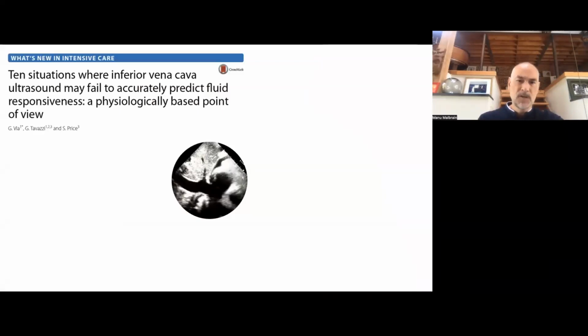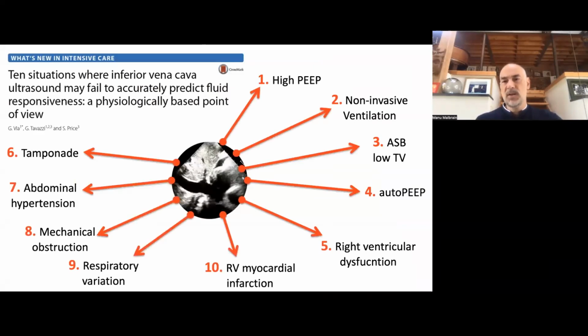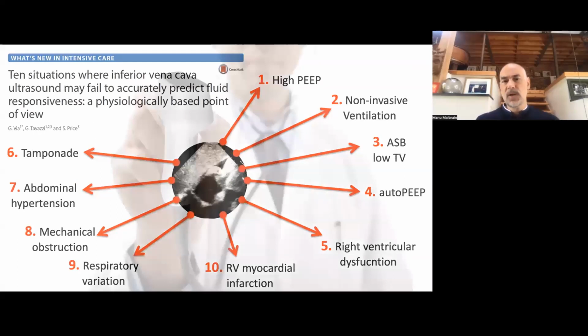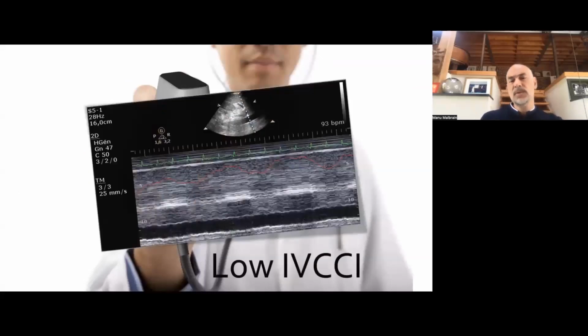So we need to have more information, and just looking at the inferior vena cava has a lot of limitations. For instance, the presence of high PEEP or auto PEEP or right ventricular failure or abdominal hypertension may play a role. So I wouldn't go for inferior vena cava collapsibility index,